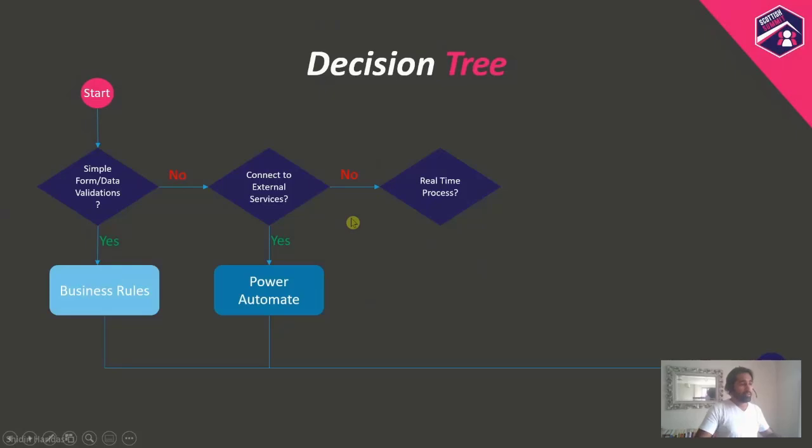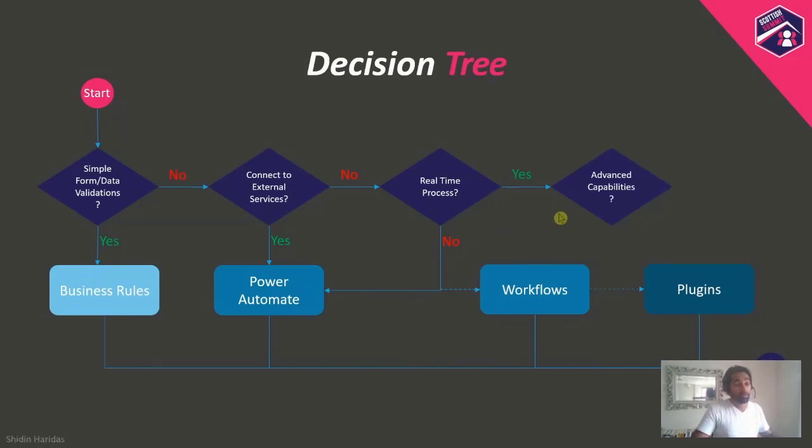If no, next question: is this a real-time process? Does it have to be processed right then and there, or else the operation has to roll back? If not, it could be done in Power Automate, in workflows, or in plugins. There's a huge debate about whether we should use Power Automate versus workflows for async processes. I'm not getting into that debate; it comes down to your personal preference and how you're building out your system. The next question would be, do you need advanced capabilities? If you don't, then workflow would be good for you. If you do need advanced capabilities, for example I need to know when to trigger it, or what the previous value was before I make a decision, then